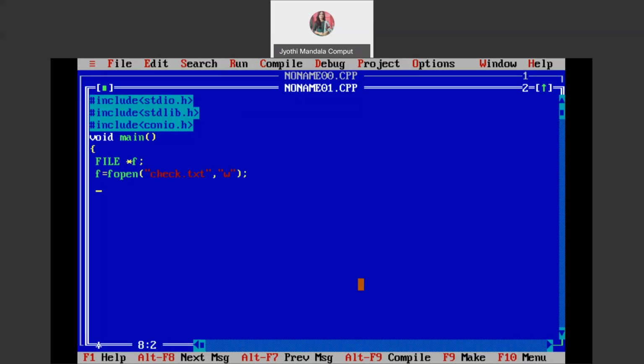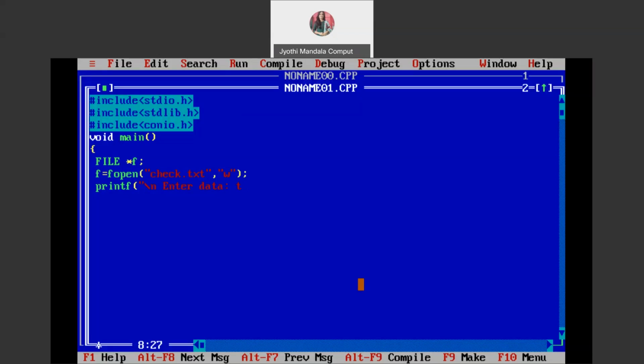Now, whenever you want to put some content into the file, you need to read the data from the user first through our output screen, and whatever the user gives will be copied into that file. To do that, we ask the user to enter the data. Let us write that, enter data, and there should be a condition so that the user knows this is the end of the data. Whatever data you want to put into the file, once you have given everything and want to tell that this is the end of my data, to make sure of that, what we'll do is